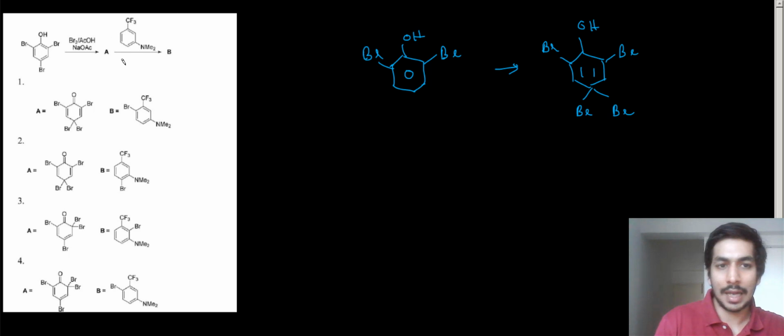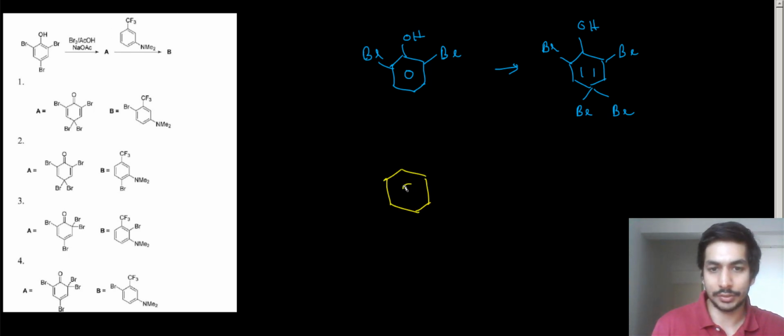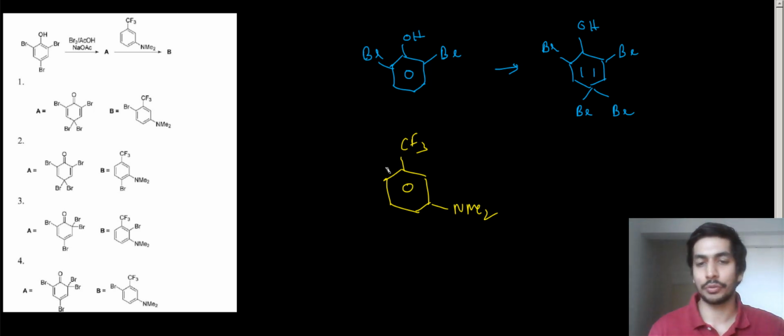Now what do we have as a reagent over here? We have basically this group. And like I said, we have to identify which will be the most nucleophilic center in this case, because this is a very good source of bromine. So bromine is going to attach on this aromatic ring, but we have to see which is the most nucleophilic position. Technically speaking, this is the most nucleophilic position, because CF3 over here is an electron withdrawing group, so it will withdraw a lot of electron density from the ortho positions, and plus this position is also sterically hindered, so there's no chance of the reaction happening over here.